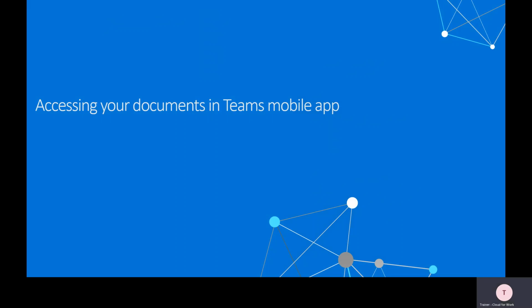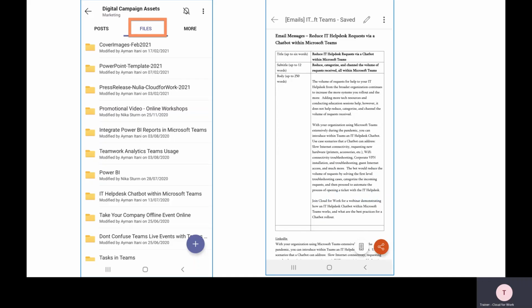And now we are covering how to access your documents in Teams on your mobile application. So once again, I'm currently in the Teams application, and I have gone to a specific team called Digital Campaign Assets. So, Digital Campaign Assets, and then I'll be able to choose